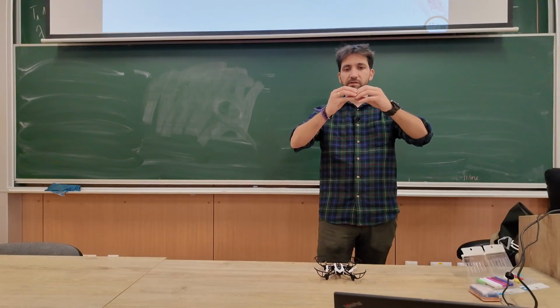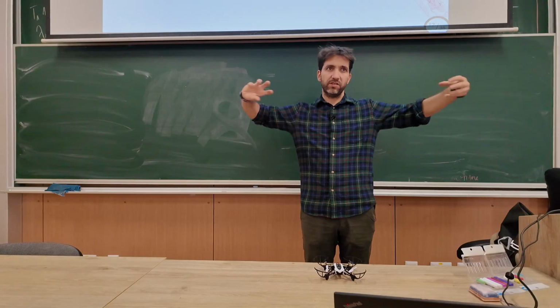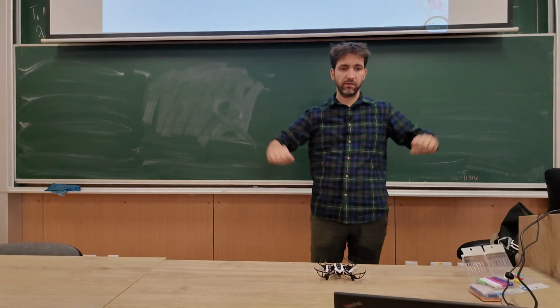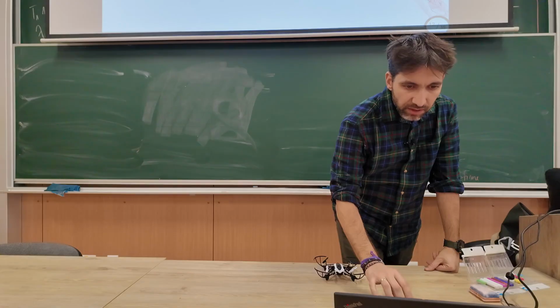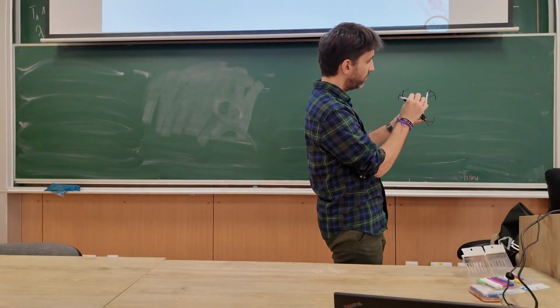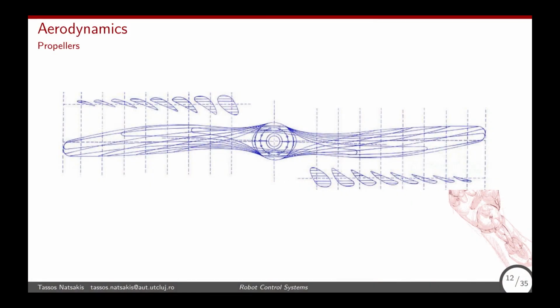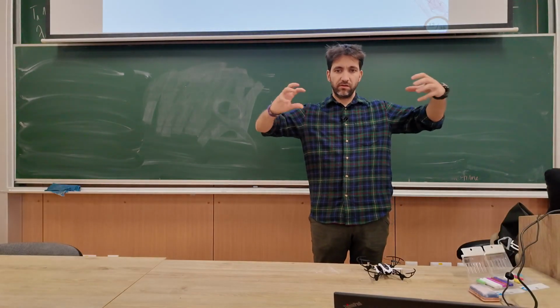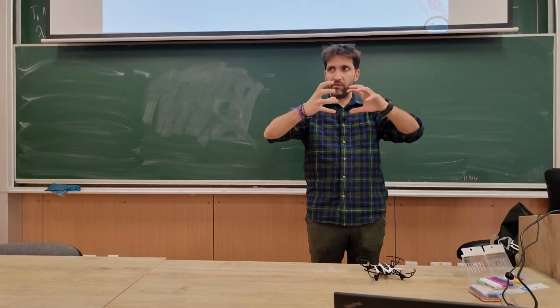It's basically a blade, but it's twisted. So here we have a view of the propeller from the top, and here we see some cross sections,